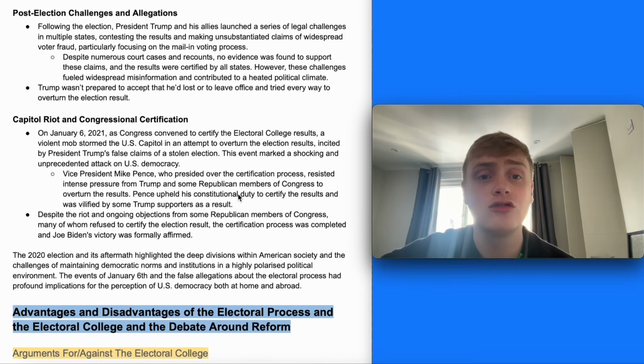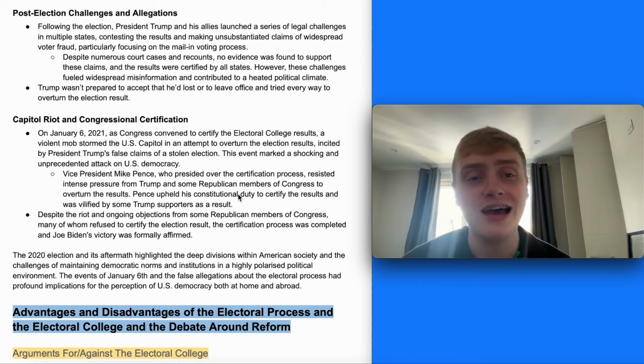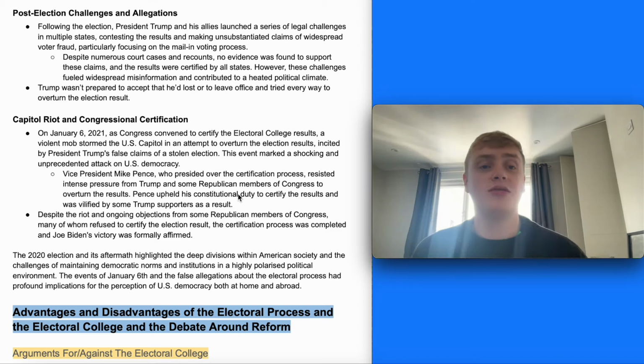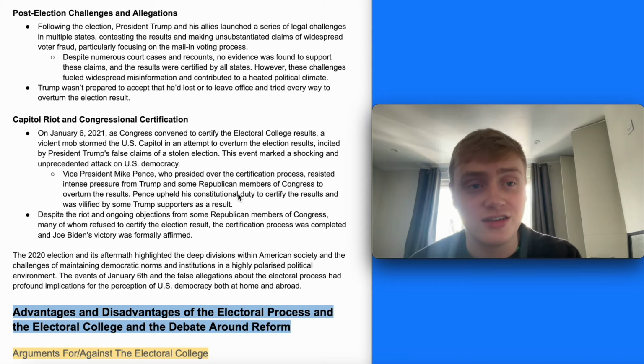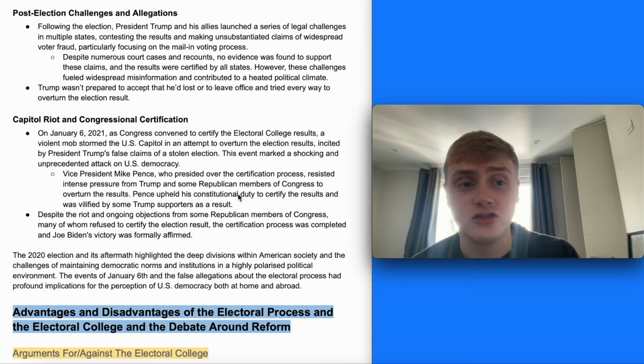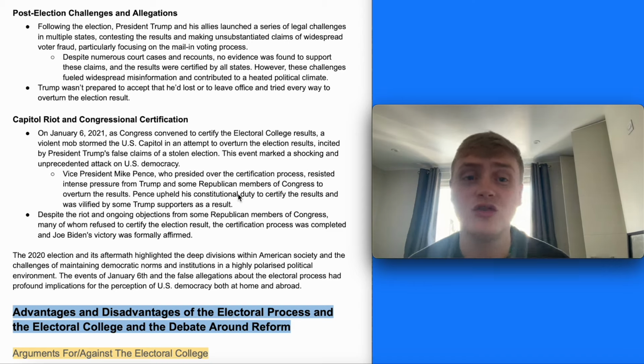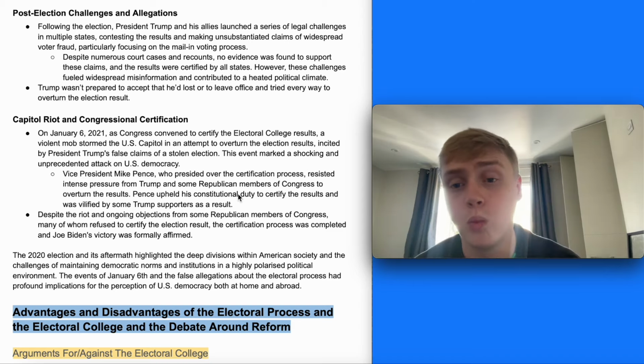Following the election, Trump and his allies launched a series of legal challenges in multiple states, contesting the results and making unsubstantiated claims of widespread voter fraud, particularly focusing on mail-in voting processes. Despite numerous court cases and recounts, no evidence was found to support these claims, and the Republican and Trump challenge failed in every single court case. However, these challenges fueled widespread misinformation and contributed to a heated political climate. Trump wasn't prepared to accept that he'd lost or to leave office and tried every way possible to overturn the